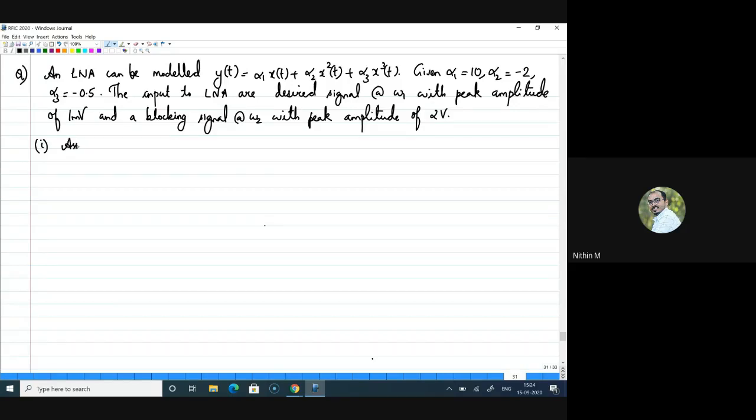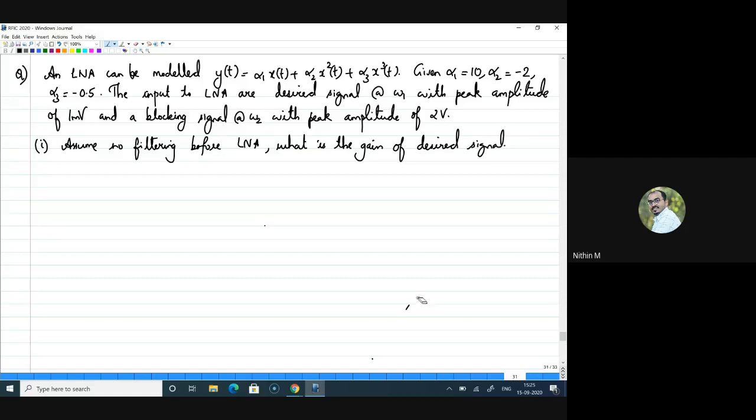Now the question is, assume that there is no filtering before this LNA. That means the interferer is directly present at the input of this LNA. In that case, what is the gain of the desired signal? So you can find out the answer to this question. After discussing that, I'll give you the next part of the question, right? While doing this, if you have any doubts,